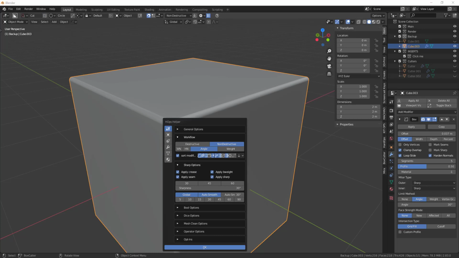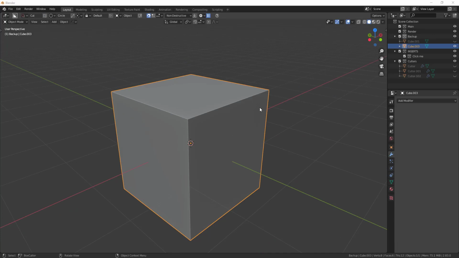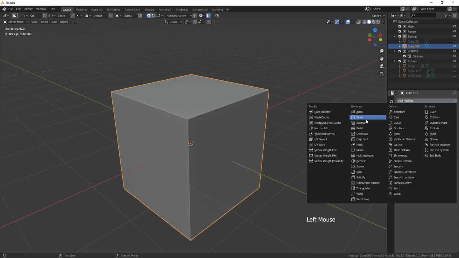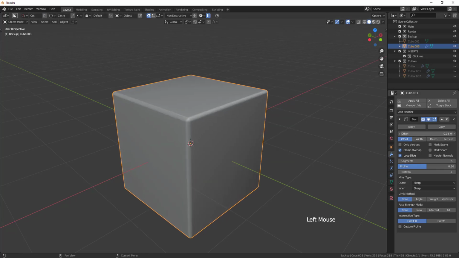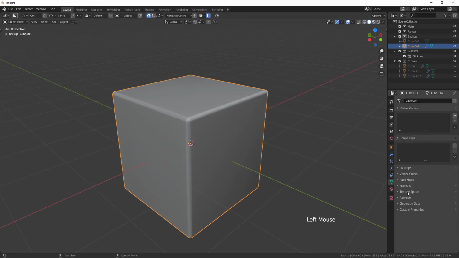And while we're on that topic, let's quickly discuss why an add-on like HardOps can help us with beveling, because vanilla just doesn't cut it sometimes. So if I want to bevel this cube, this is just the default cube, nothing on it. In vanilla Blender, you have to go to Add Modifier, Bevel, segments up to 5 or whatever you want. You have to shade it smooth, then you have to adjust the offset, and then you have to turn on Auto Smooth,